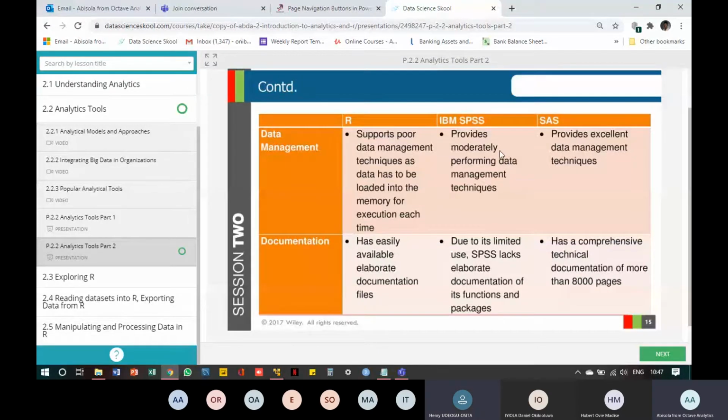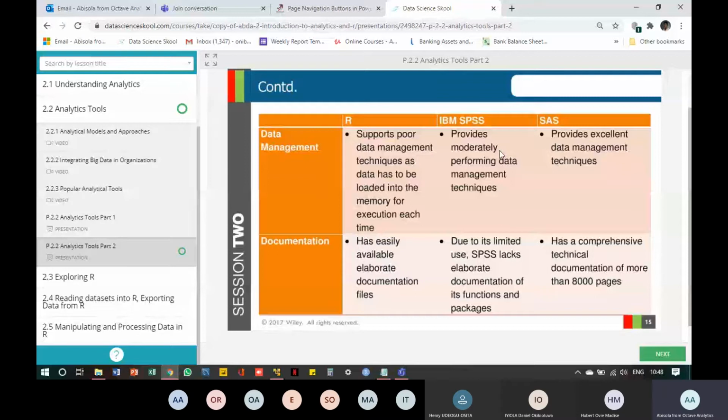I don't know much about SPSS and SAS, but why they are saying this is, in data management, you need data warehouses for your data to be adequately stored. A data warehouse is like a house that accommodates all your necessary data. For example, you can build a data warehouse to accommodate the data you'll be needing for a particular project. In R, you cannot build data warehouses. Do you understand? But in SPSS, you can input your data, put them into a data warehouse, and refer to them subsequently.